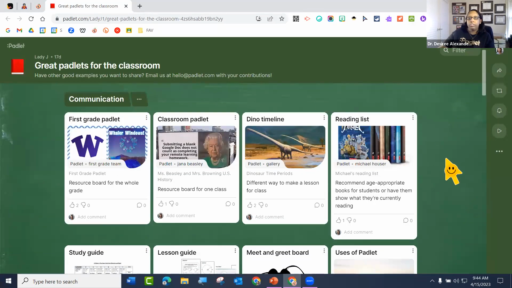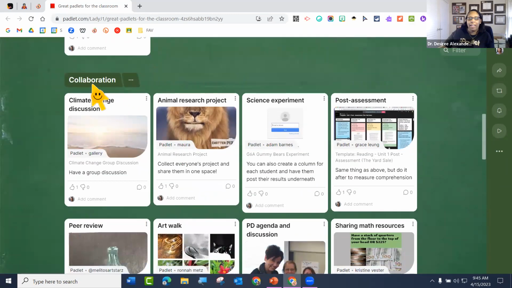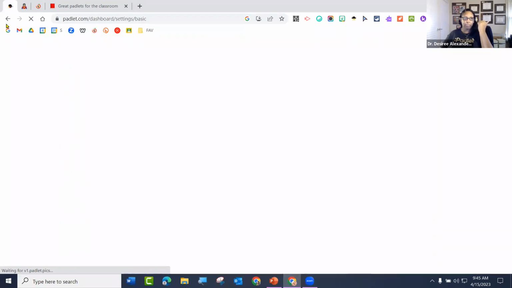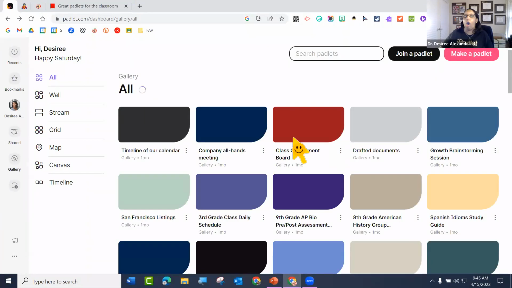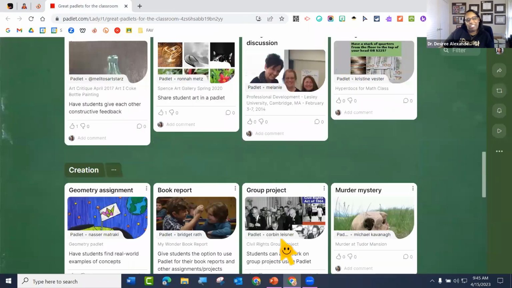All right, so these are some different Padlets. She did put her sections, and this is one of the Padlets that is part of the new Padlets that you can do if you go to beta features. So if you do the beta features, you can do all the Padlets with sections. So that's what this is. I'm excited to see it because she changed this up and I like it.